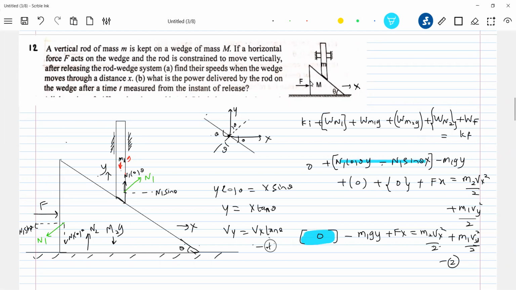Shall I scroll down? Sir, yeah. Sir, we will get y cos theta plus x sin theta is 0, no, sir. Why, are we only taking magnitude? It's a relationship, no? The displacement perpendicular to incline must be 0. I don't know, you're thinking mathematics. It's how the displacement of the wedge and the rod are related. There's the equation, no?